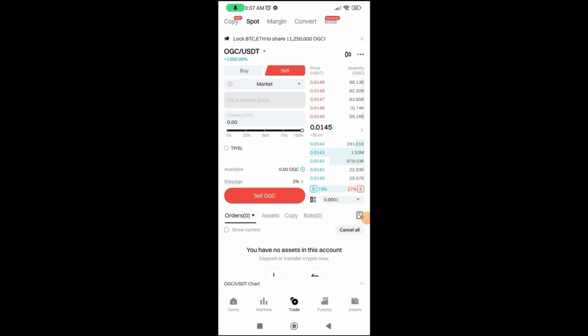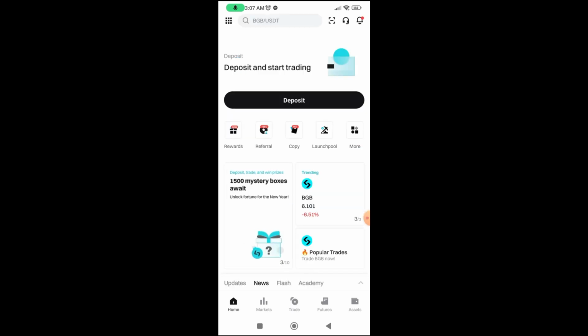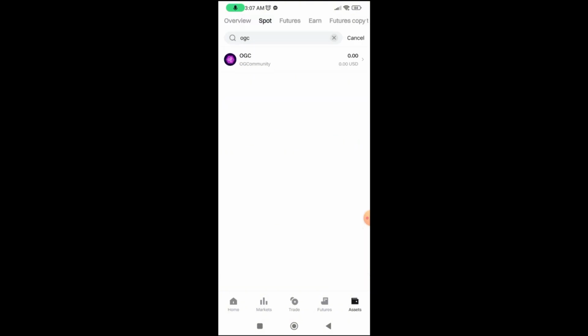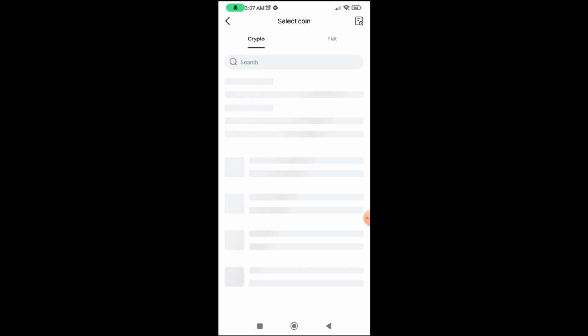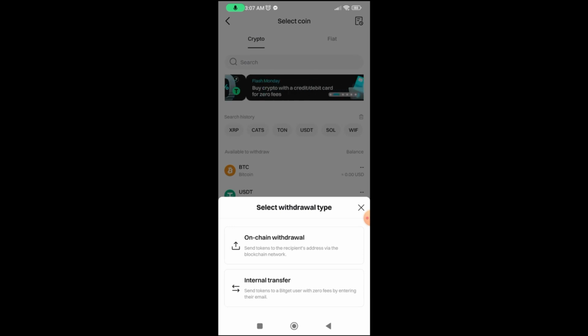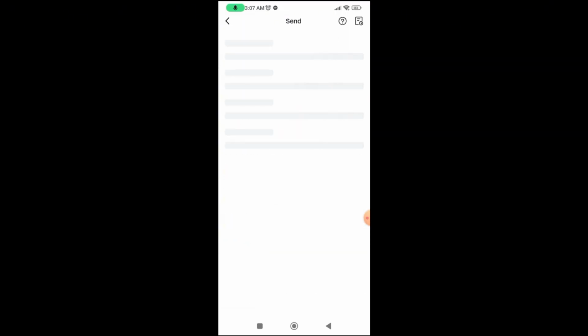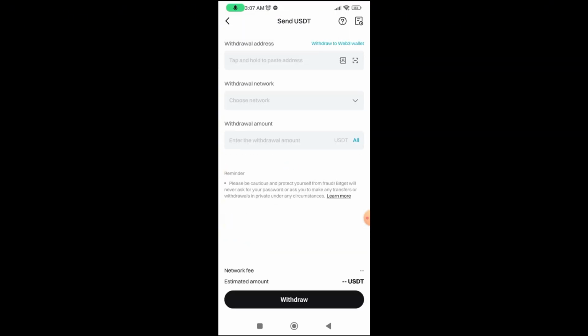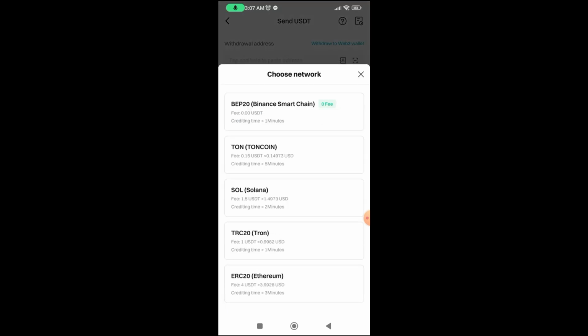Now, how to withdraw that USDT that you receive from selling the OGC token? Just go back and tap on Assets, tap on Spot from the top bar, and now tap on Withdraw. And now, as you can see, select the USDT and tap on on-chain withdrawal. Now, after that, from here, the withdrawal network, it's so important to select the right one, because as you can